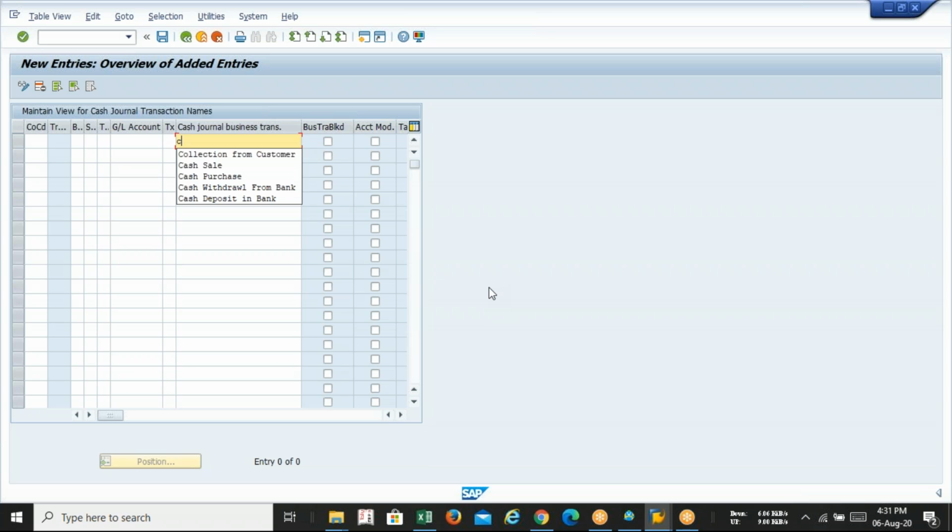You can say cash deposit in bank. I'm just writing and you just say yes or no. Cash deposit in bank is called a contra transaction; I think you all know that. Next is cash withdrawal from bank. Right?